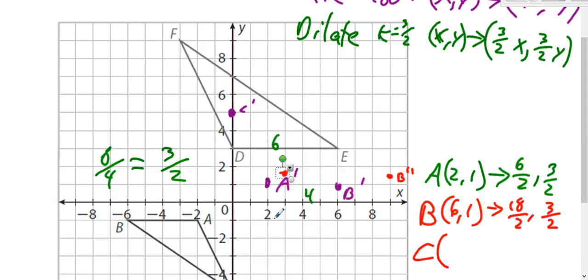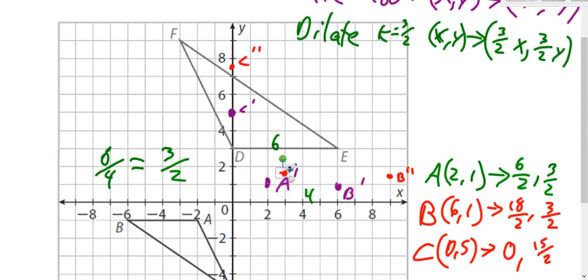And then C, which is currently up here at 0, 5, multiply by 3 and divide by 2, you still have 0. Multiply by 3, 15. Divide by 2, you get 15 over 2. That's 7.5. 0, 7.5. So we're taking these 3 red points, and we have to now match them up with where they need